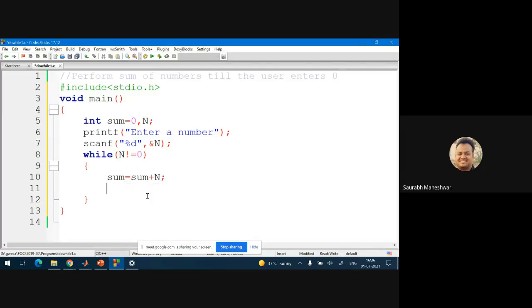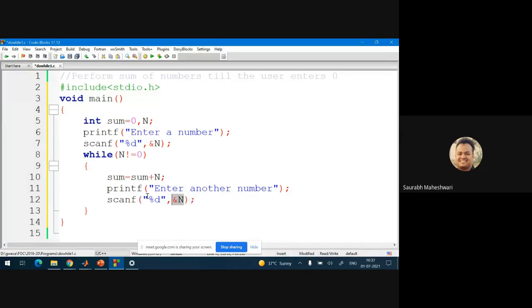Once you finish, the loop doesn't end here. The loop demands another number to be entered, so this code needs to be placed inside the loop also. Why do we place this inside the loop? Because multiple numbers are to be entered. So we can write "enter another number".